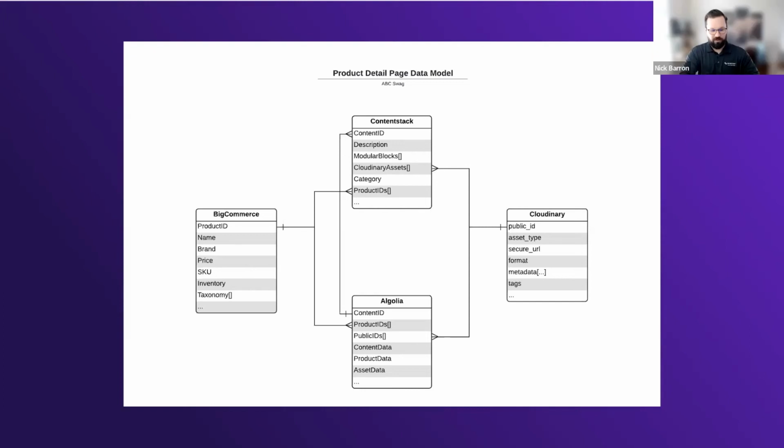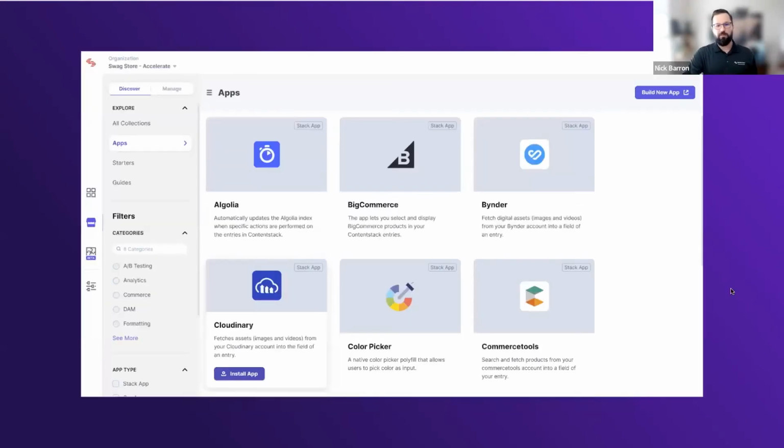Yeah, super good point. And I think that leads us into the next thing we wanted to talk about, which is when we're thinking about these things, having those different components and those different integrations that we can leverage from an out-of-the-box perspective, whether they're pre-built types or actual apps. So we made a little bit of a reference to the fact that Contentstack has an app framework. We have something called the marketplace.